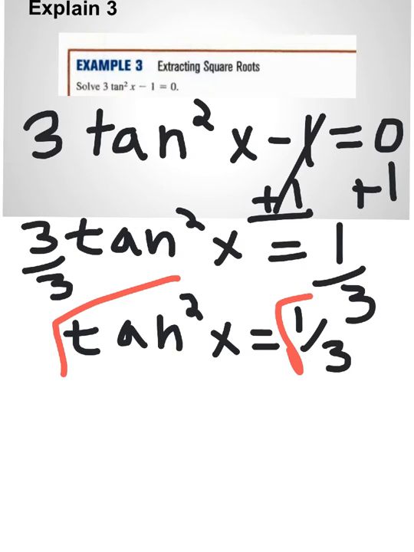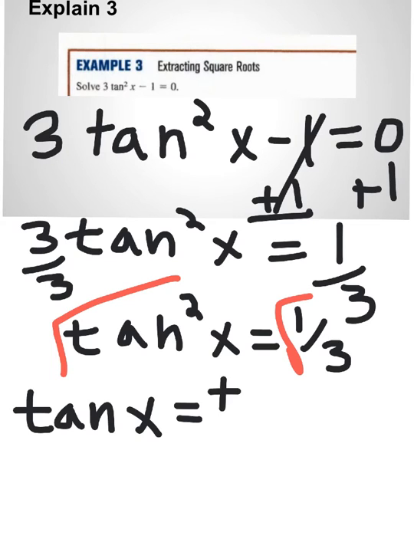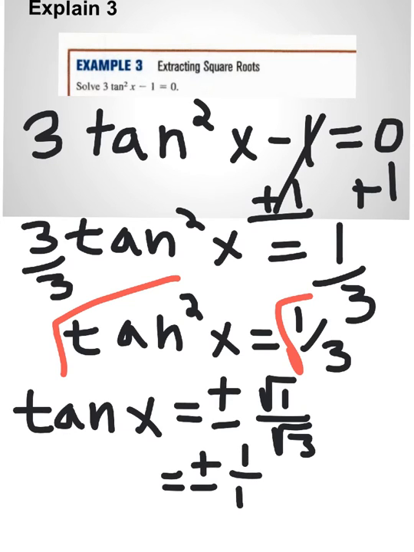So that leaves us with tan of x is equal to, now remember, when solving by square rooting both sides, you absolutely must have plus or minus. And when I square root a fraction, it's square rooting the numerator and the denominator. So this is the square root of 1 over the square root of 3. Now, to simplify it further, this is plus or minus the square root of 1 over the square root of 3. The square root of 1 is simply 1, and I'm left with 1 over the square root of 3. In the past, we would rationalize, but we're not going to rationalize this one because